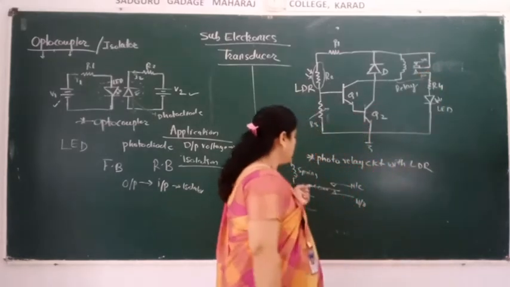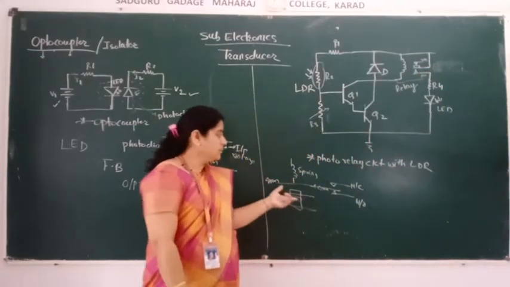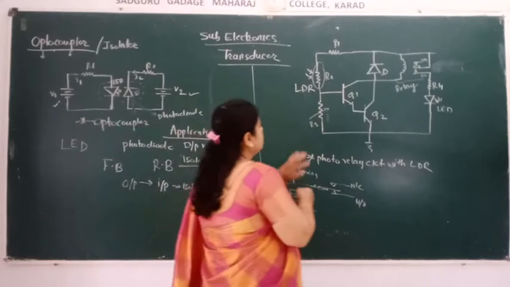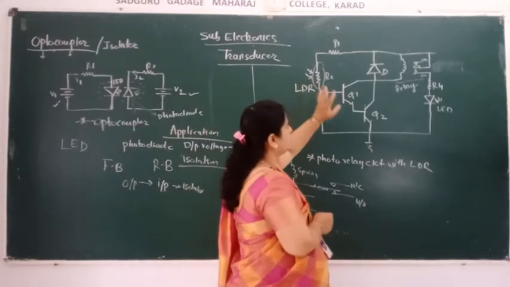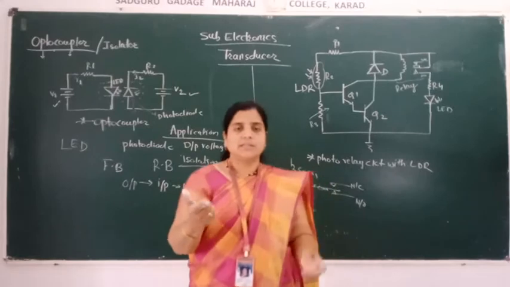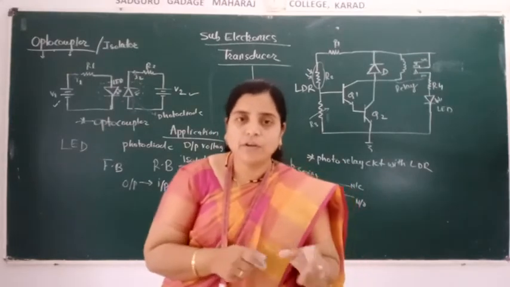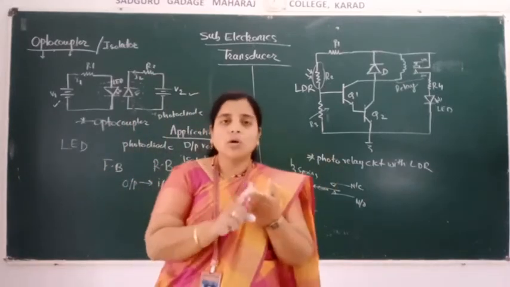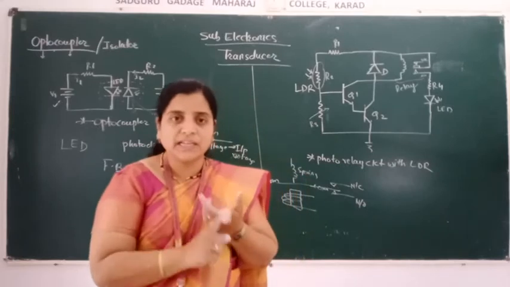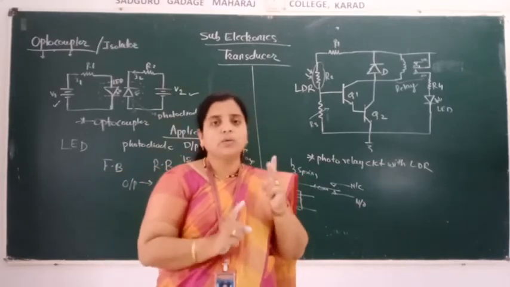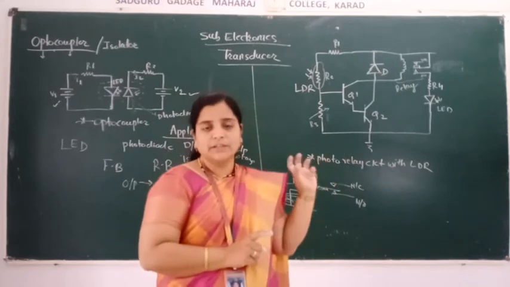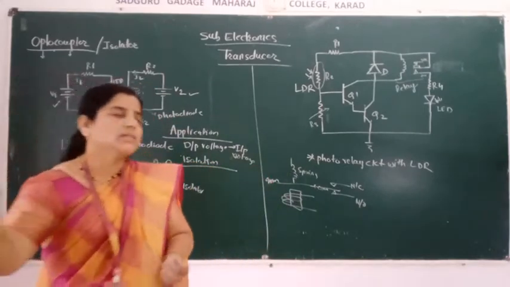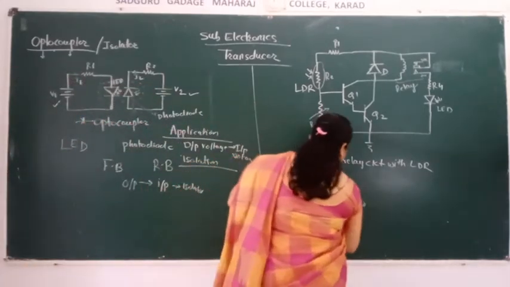One common is there, which operates on the AC or DC signal, whichever you want to give. So what happens here? When light falls on the LDR, the light dependent resistor, the resistance depends on light. If light falls there, only then will it work; otherwise it will not work. So it has two conditions, on and off: when the relay will be on and when the relay will be off. Those two conditions you have to write here, in the working of this photo relay circuit. We'll see how the circuit operates.